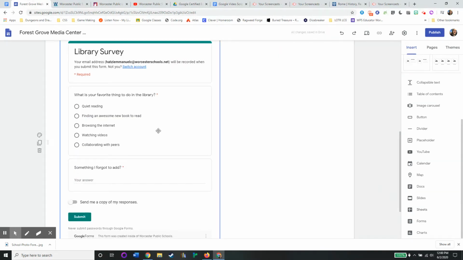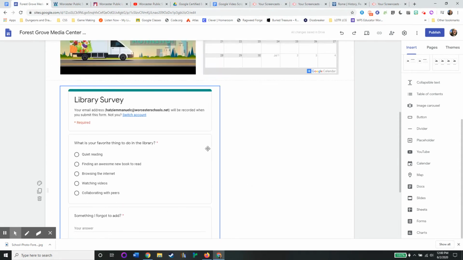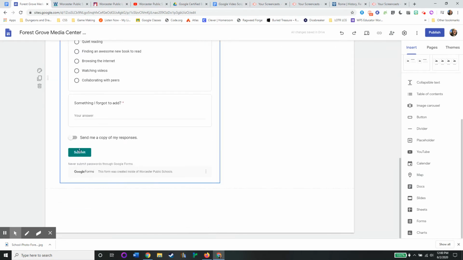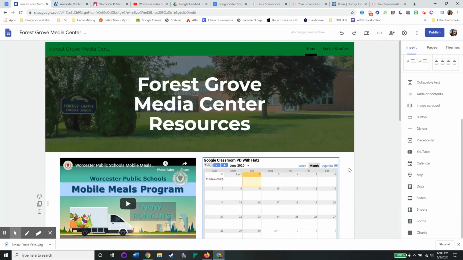Of course, as always, you create this in Forms. It has all the same abilities as if you were going to email this to people, but now they can just go right on your website, fill out the form, and submit it. And then, of course, they'll get a copy of their responses if they want it, and I will get a copy of all responses. In order to make this useful for the entire school, what I've done so far is